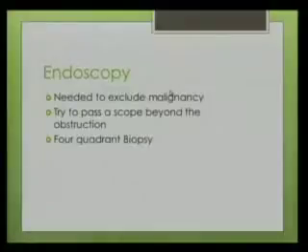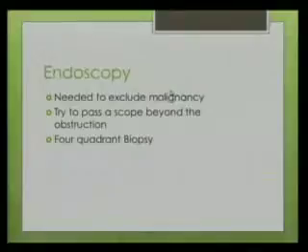You must endoscope these people because you need to exclude malignancy. So, history and physical, chest x-ray, barium swallow, scope them. Usually you get the barium swallow first. What you want to do is try and pass the scope beyond the obstruction. So if you can't do it with a regular size scope, switch to a pediatric. And you want to do 4-quadrant biopsies. Even if you cannot pass the scope beyond the lesion, go ahead and get your 4-quadrant biopsy above the lesion. If it's a carcinoma, it'll show up.